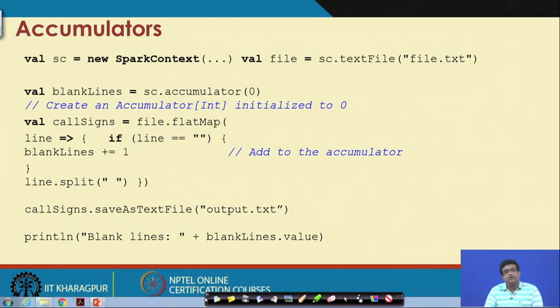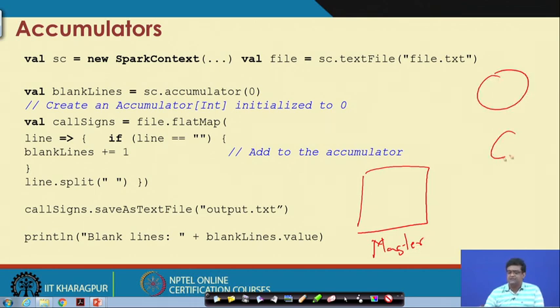So, another important topic is what is called accumulators. Up till now, we have seen that the machines used in Spark can be thought of as the master machine and the task or client machines.